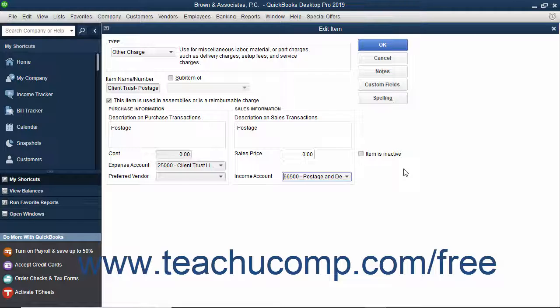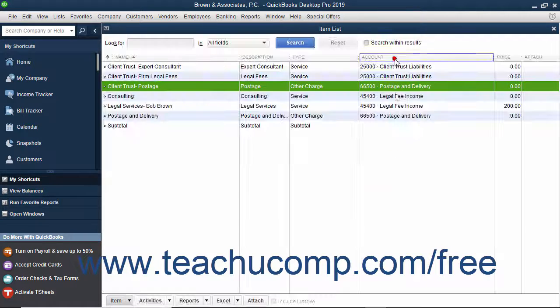Note that you should fill in the customer job field for the line items when used in a bill to record the client and matter to which the recorded expense should apply. Also note that you should consider adopting a naming convention for these types of items for the law firm expenses that are passed through to the client, such as client expenses-postage, so as not to confuse them with normal types of items used in invoices that record income through their use in a sales form and record expenses when used